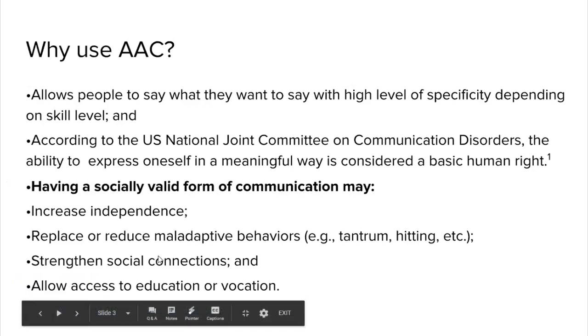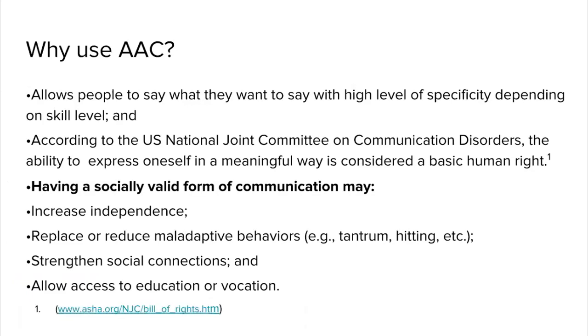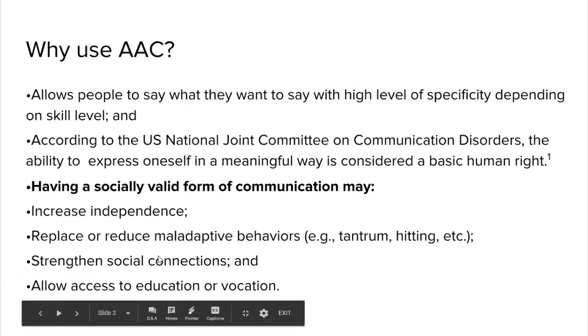Obviously strengthening social connections, this is so important. If you can't talk, it's hard to make social connections. And then obviously, work, social activities, education, these are really important things that AAC can help people attain.